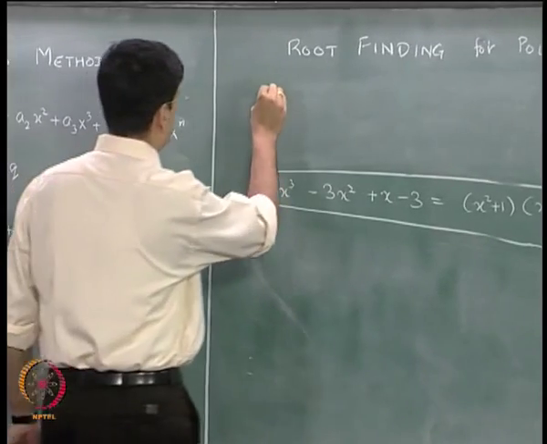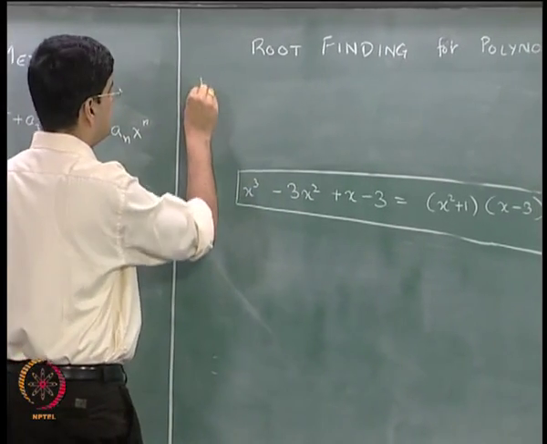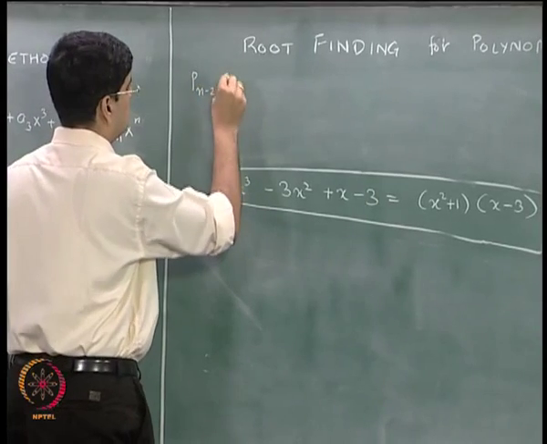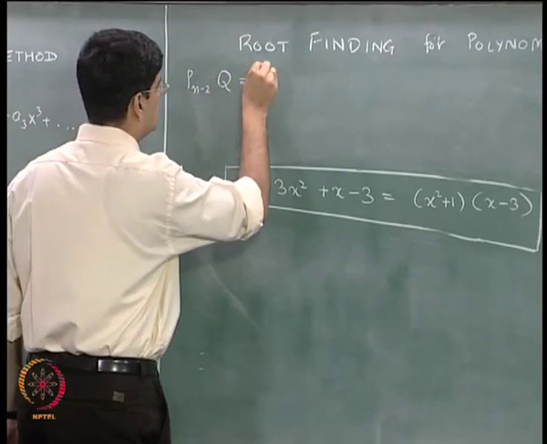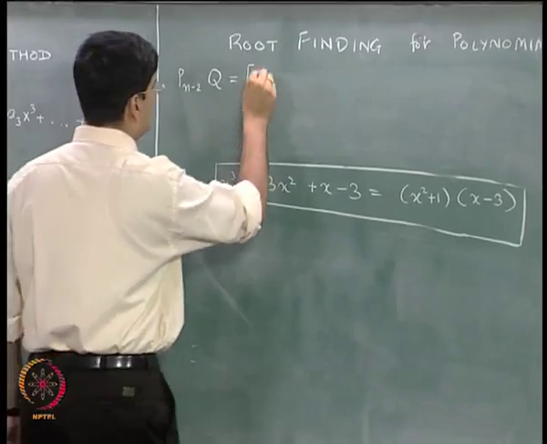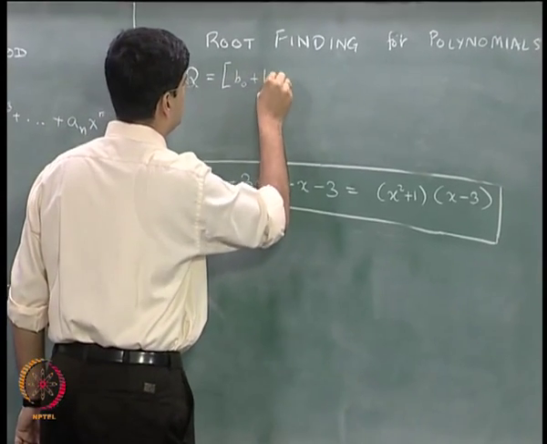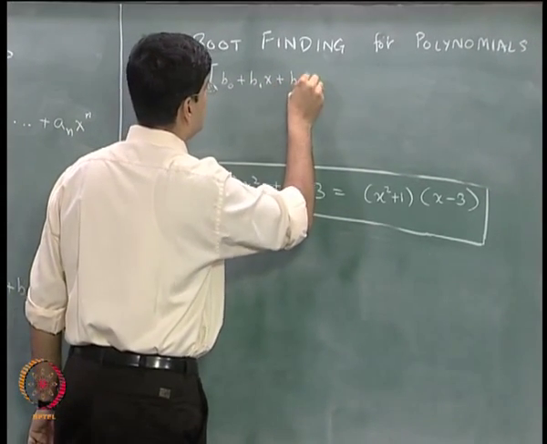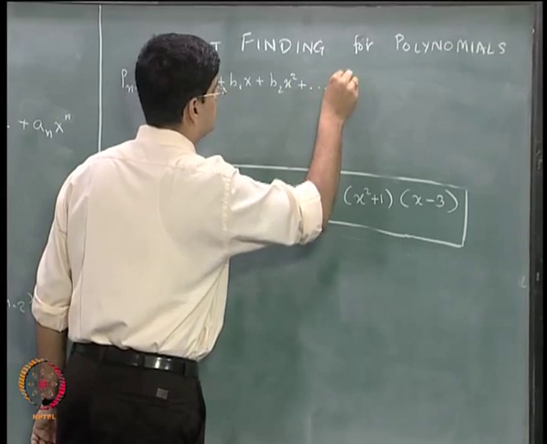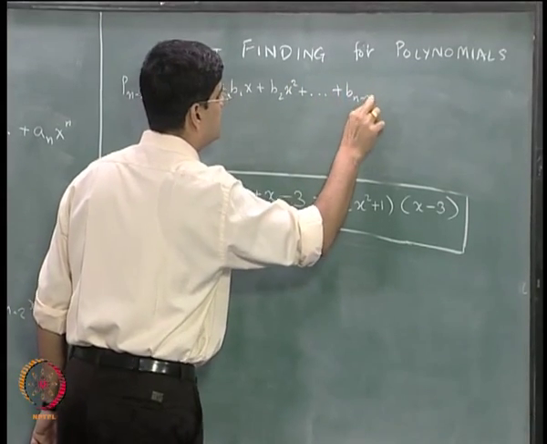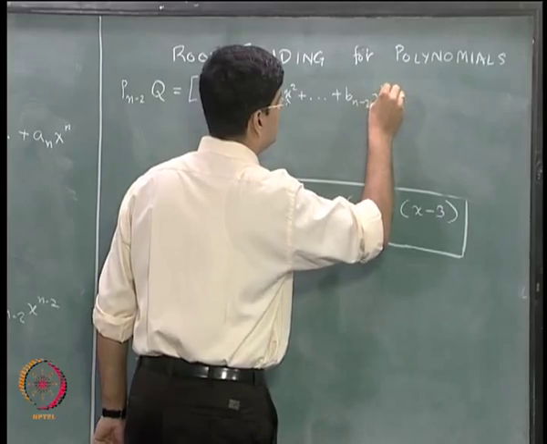So Pn minus 2 multiplied by q is going to be nothing but b0 plus b1x plus b2x squared plus so on up to bn minus 2 x to the power n minus 2